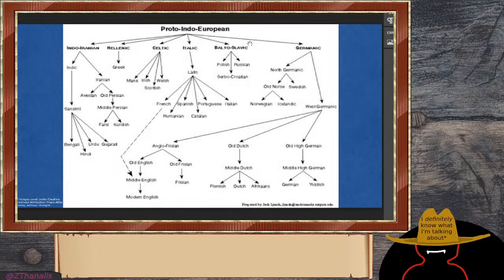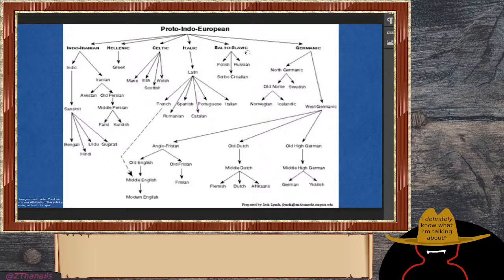This is a basic family tree of Proto-Indo-European. There are more complex ones out there, so this cuts out a lot of the dead languages. It starts off where we think it might have been, and we can reconstruct some words, or at least theories of what they could have been. Then it goes into Indo-Iranian, Hellenic, which is the Greek languages, Celtic, which have mostly died out, but some such as Irish, Scottish, and Welsh still exist, Italic, which leads to Latin,